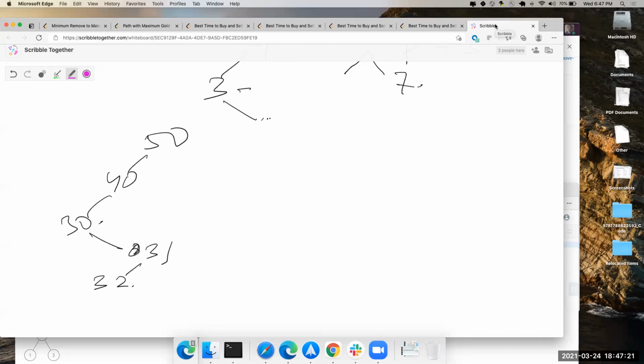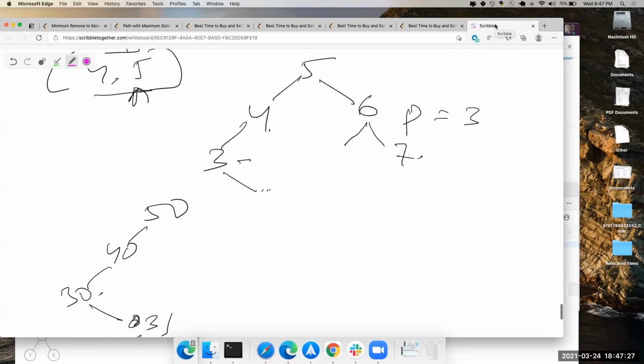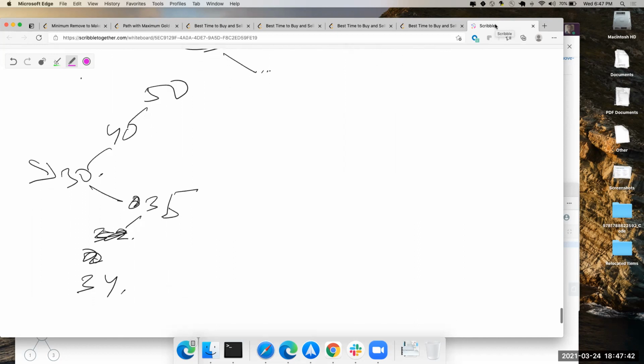I am still working on the previous example, Ankur. Which one? 5, 4, 3, this one? Yeah, that one I understood. But what about this one? Here, what is the answer for 30? Okay, this is the tree, and this is 20. Let's say this is 35. Let's say there is 34 here. Wait, let me draw this. Can you draw again? Yeah.